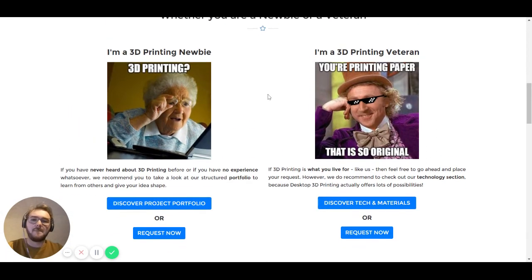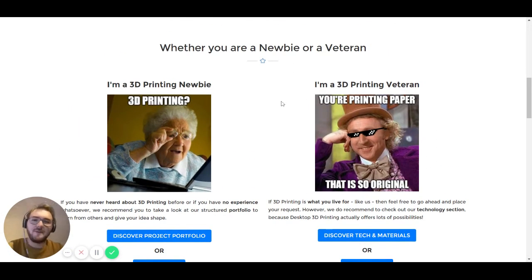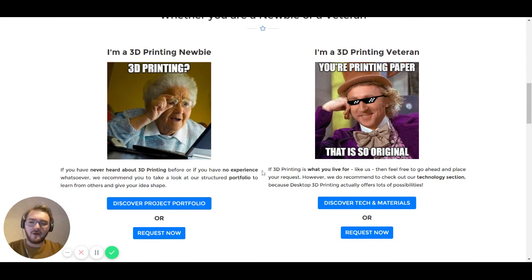Of course, if you would be a veteran with 3D printing, and if you would be, let's say, 3D printing like you're printing paper, then you can, of course, go ahead and request immediately. But there are many differences between, let's say, traditional industrial 3D printing and desktop 3D printing that we use. And this is why we would still advise the veterans, but also, of course, the newbies, to discover the technology